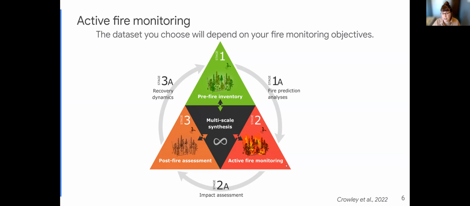These are those near real-time data sets that tell you where the fire is and what it's doing. Then after the fire's extinguished or burns out, we can do impact assessments in stage 2A. And then in stage 3, there's post-fire assessments. A bit more time has passed, and there's more on what's the burned area, what infrastructure was impacted. And then there's recovery dynamics that feeds into the pre-fire inventory again, of how did the landscape regrow or rebound